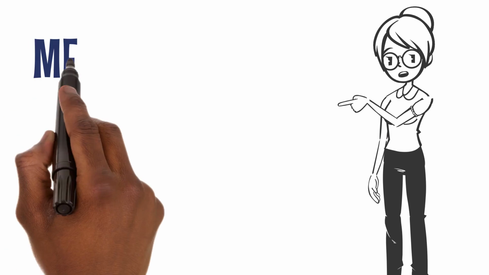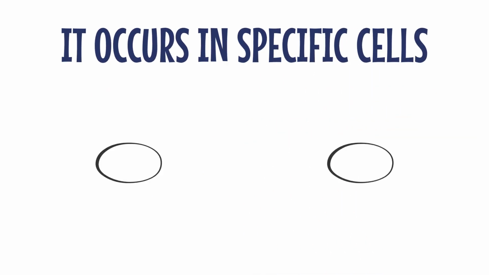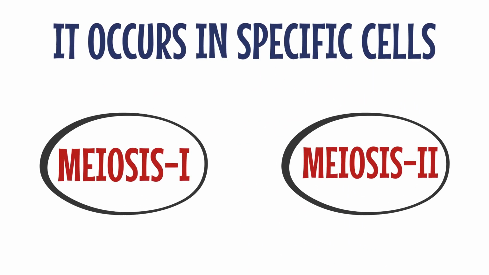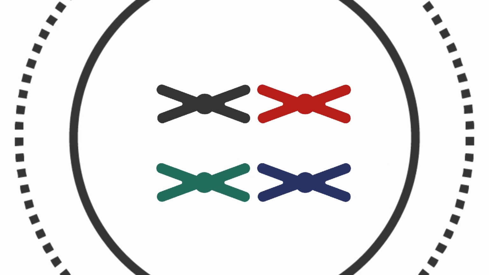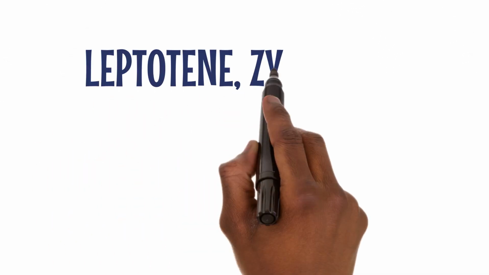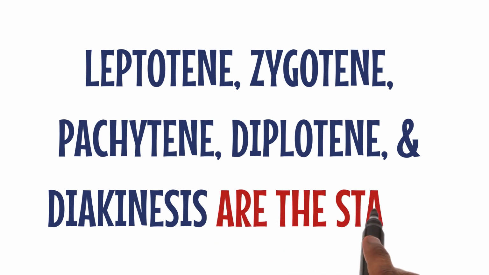Now, enters meiosis, the specialized cell division for reproduction. It occurs in specific cells and involves two rounds of division. Meiosis 1 kicks off with prophase 1, the party where homologous chromosomes come together, creating a diverse gene pool. Leptotene, zygotene, pachytene, diplotene, and diakinesis are the stages where the chromosomes align, swap genes, and prepare for the main